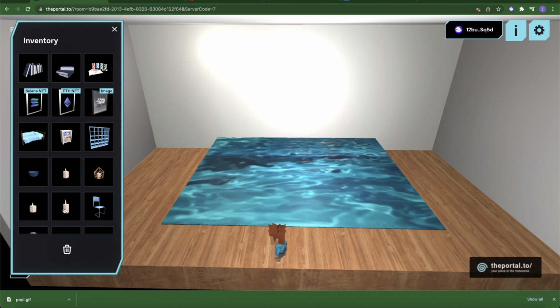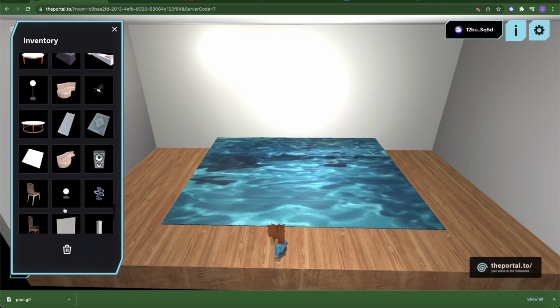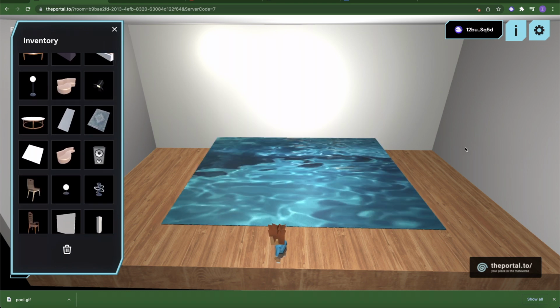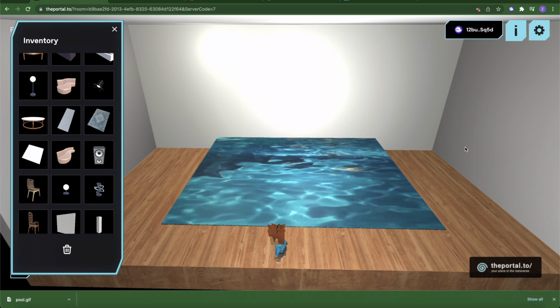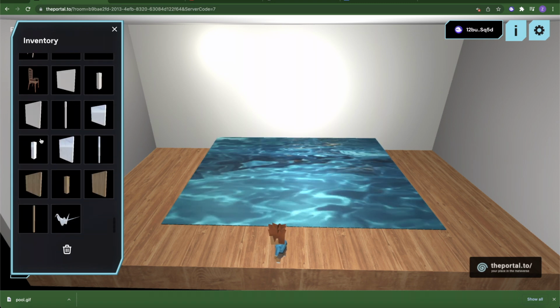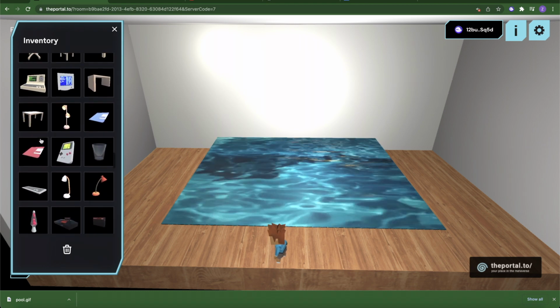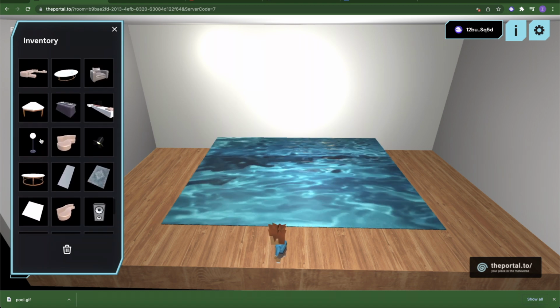Okay, so now you've got the water. Let's go down. Basically, at the minute, it's a square pool and it works, but to make it feel a bit more real, we need to try and mask it a little bit, sort of break it up. So to do that,